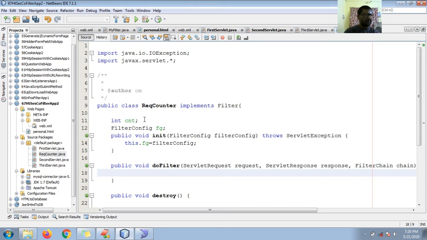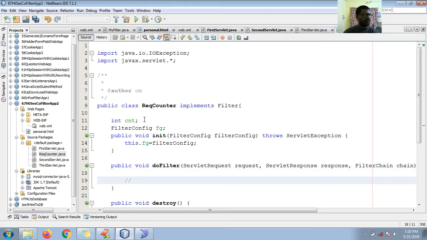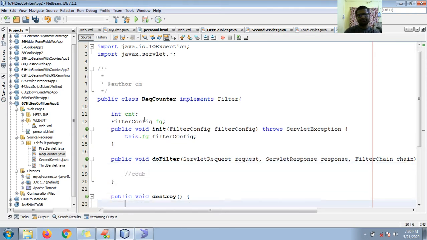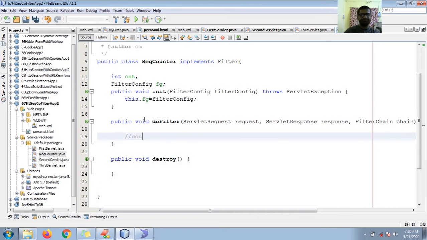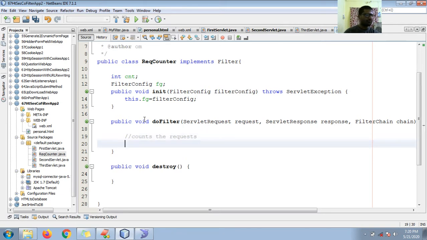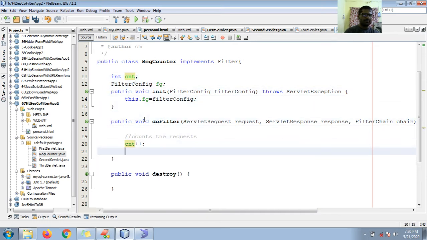Now let's count the request. Here I am using counter plus plus. Initially counter, okay, leave it, counter plus plus, and let us keep the request processing logic.